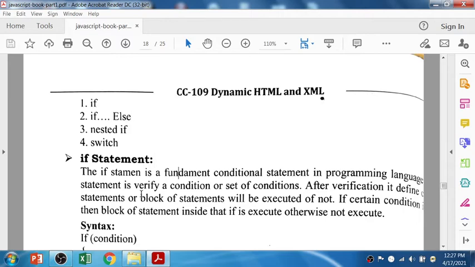I'll just give you a brief idea with syntax and an example, because this book is really very good, in which it discusses each and everything about the concept. It discusses the syntax with examples, and the output is also mentioned.